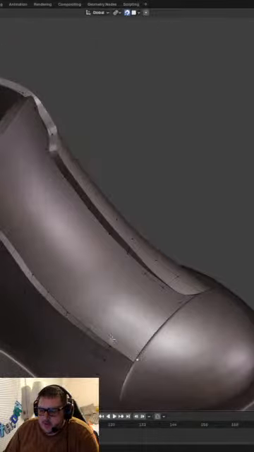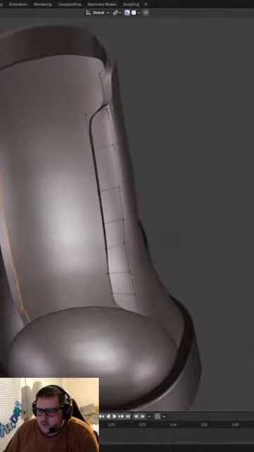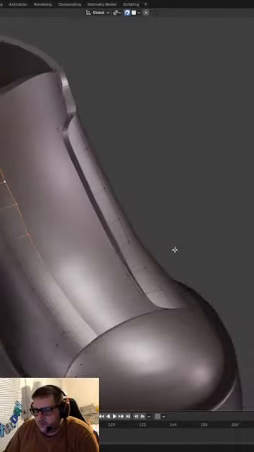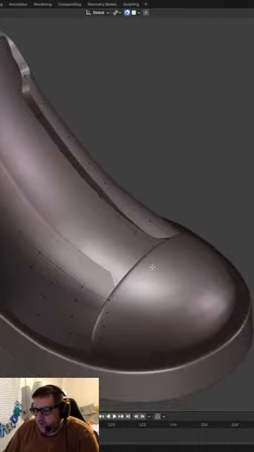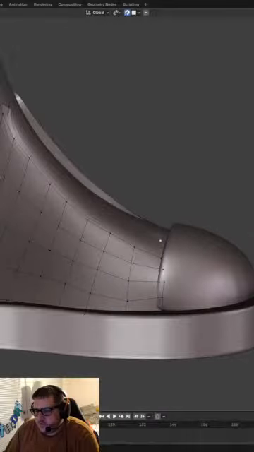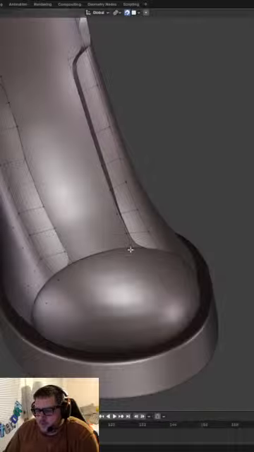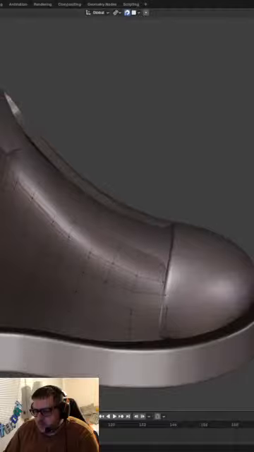Let's see if we can grab this side. Okay, and we're gonna do the same thing where we go in a bit like that. And now that we have the components, we can use the grab tool and we can make some adjustments.